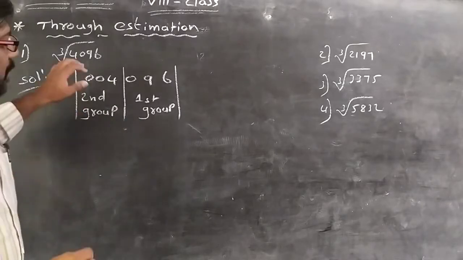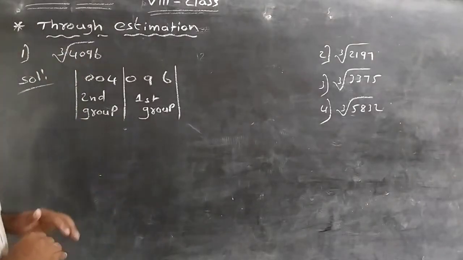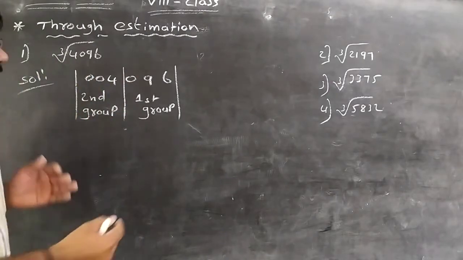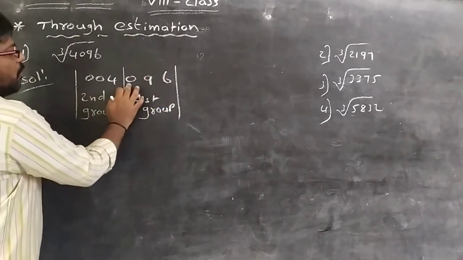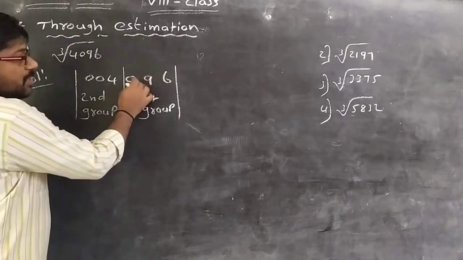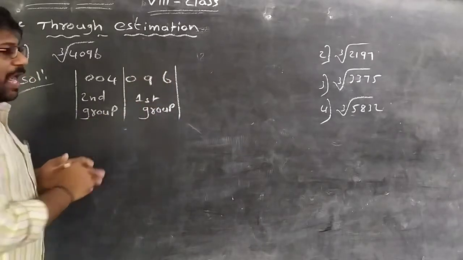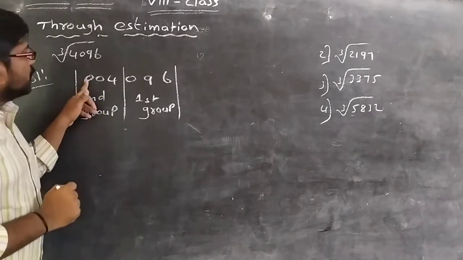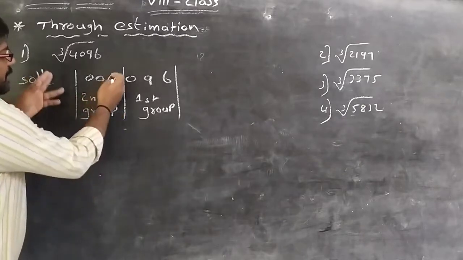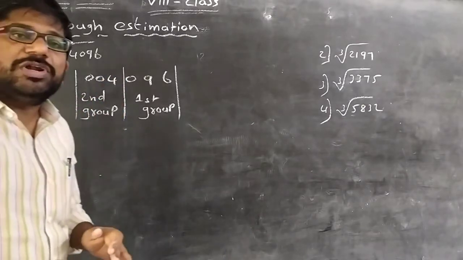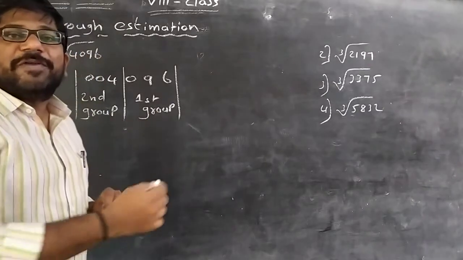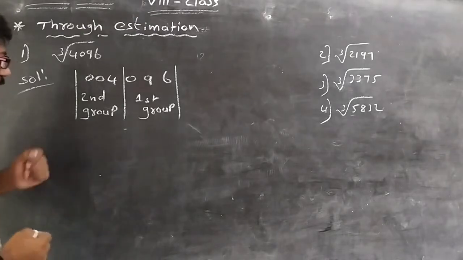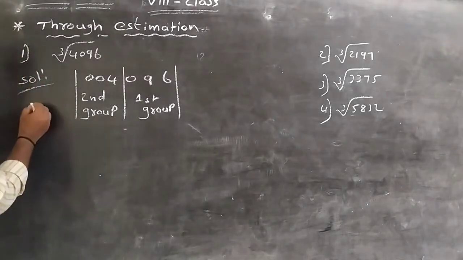So in this first step, observe carefully: write the number like this and group in 3s from right to left. So 4096, from the right 1, 2, 3. These 3 digits are the first group, and the next is 4. There are no remaining numbers, so we write 0 0, which is 0 0 4, meaning 4 only. So it is the second group. We divide the number into 2 groups from right to left, in groups of 3. Yes, this is the first step.